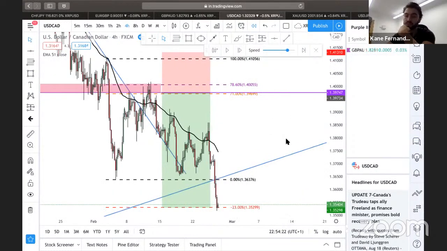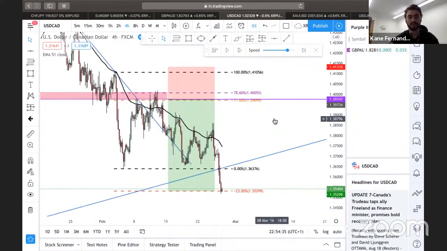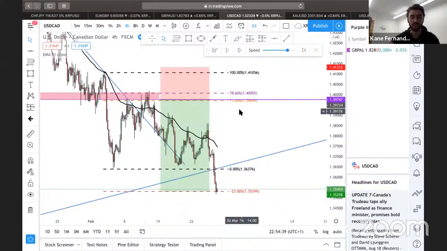While they do that, let me just give you an example. Why I took this was because we had a Fibonacci, we had structure, we had a cycle level 1.4. USD CAD is really attracted to psychological levels. That is something you need to backtest if you want to check this out. The 4 hour EMA has been respected, so that's why I used it as a confluence. And we had the rejections that I wanted.